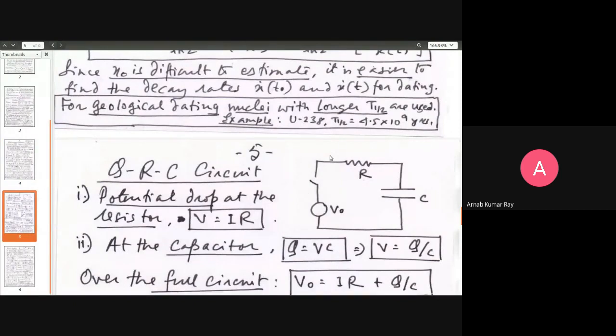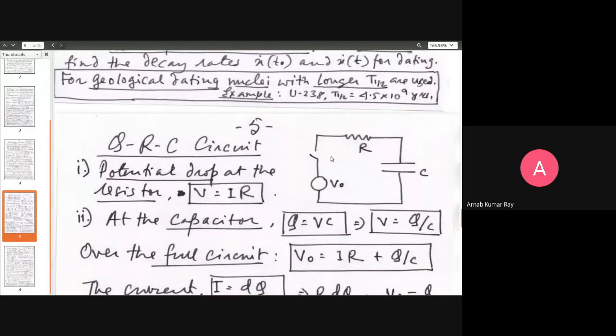So if you want to find the time scale of electron transfer in an atom, which happens on a time scale of nanoseconds, your pulse beat is not the right kind of clock to use. Just to give you an example: the measuring device and the physical phenomenon must operate on the same scale of time or length for you to have an understanding. Anyway, the next topic that we shall move on to is a very simple thing, the QRC circuit.